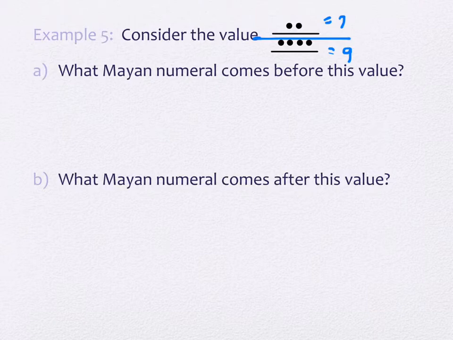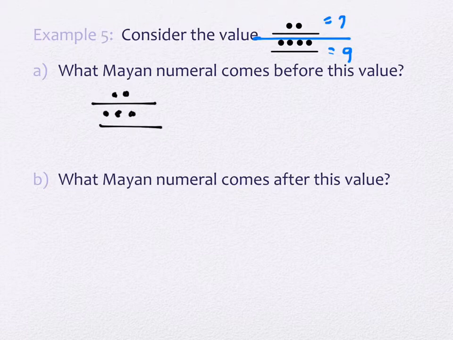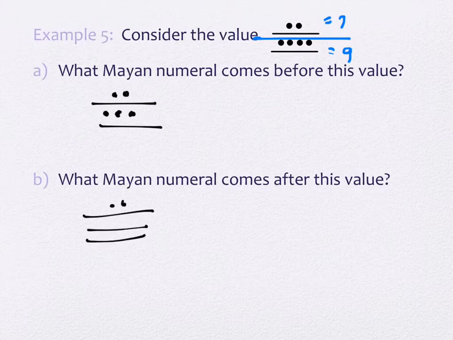Okay, so the top part never changes on this. We still have the 2 dots and a line. That's the same. But instead of having 4 dots in a line, what do we have? 3 dots and a line. Okay? What about if we wanted it to come after this numeral? Okay, so if we added a dot, we'd have 5 dots. 5 dots would be worth a line. So we still have the 2 dots and a line here, and now we have 2 more lines,